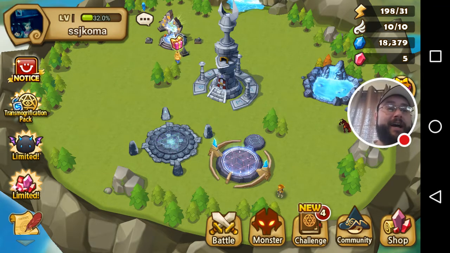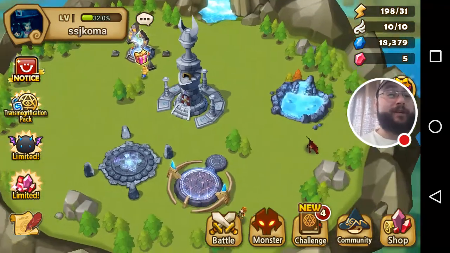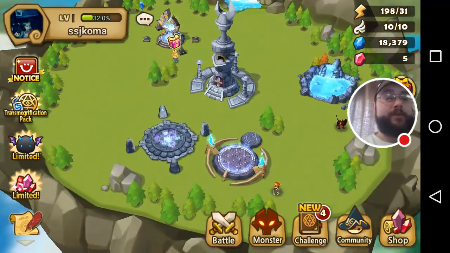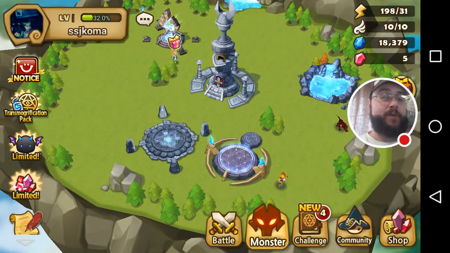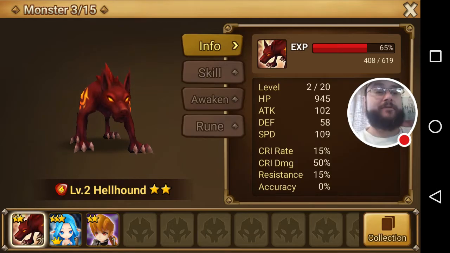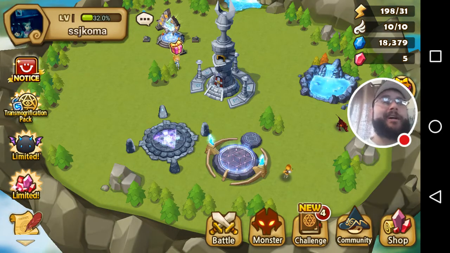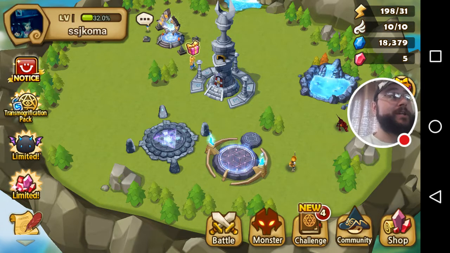You can see I've got 198 energy. I've been logging in for the past few days, getting a few little bonuses. But other than that, we are a brand new account, brand spanking new, like legitimately level 2, 1 and 1. We did the first little bit of the tutorial. But today we're going to go through